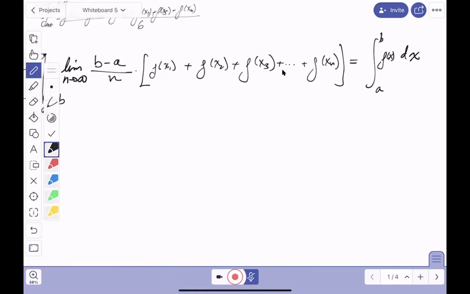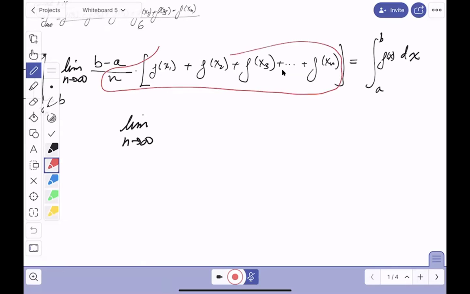Here comes the part we want to take care of. And what I'm going to do is I'm looking for the average. I'm going to write this over here. Limit as n goes to infinity. I want to point out I'm seeing the average here. But I don't want that there. So what I'm going to do is divide both sides by b minus a. And what do you get? You get